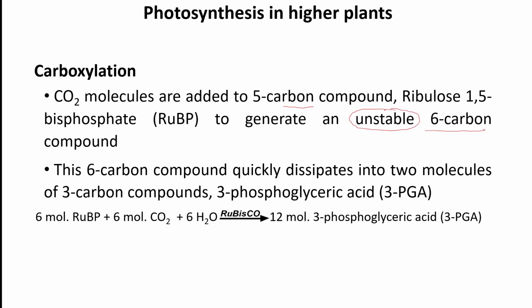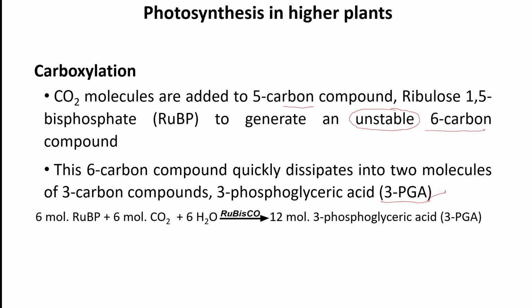This unstable compound quickly dissipates into 2 molecules of a 3-carbon compound known as 3-phosphoglyceric acid. Here you can see that from a 6-carbon compound, a 3-carbon compound is produced, known as 3-phosphoglyceric acid. That's why the Calvin cycle has been given the name C3 cycle, because the first stable product formed is a 3-carbon compound known as